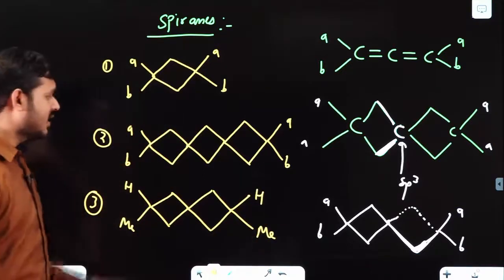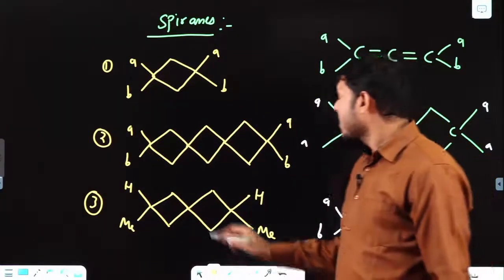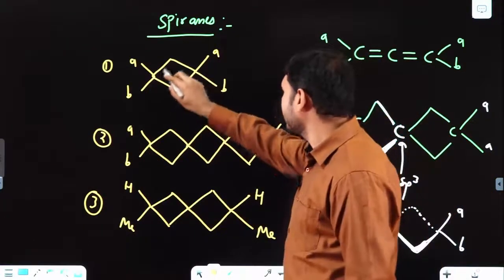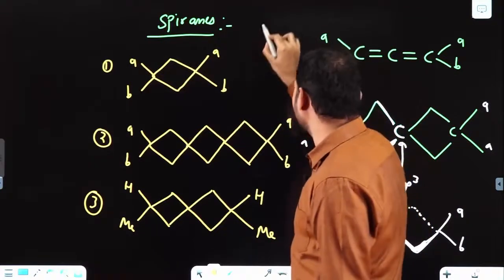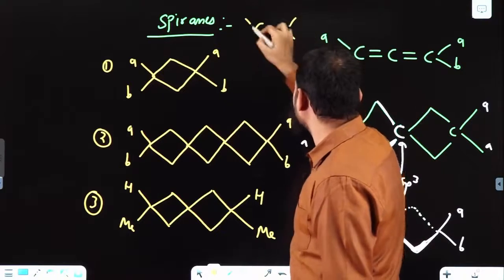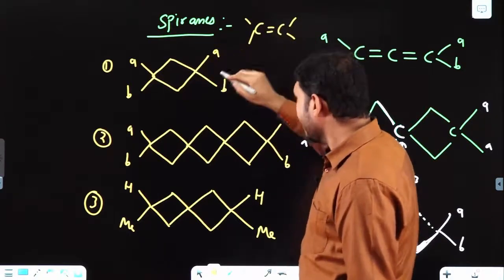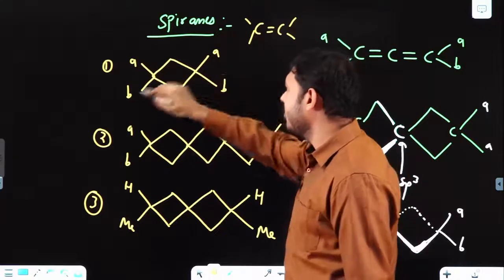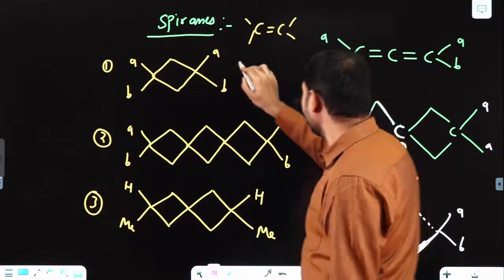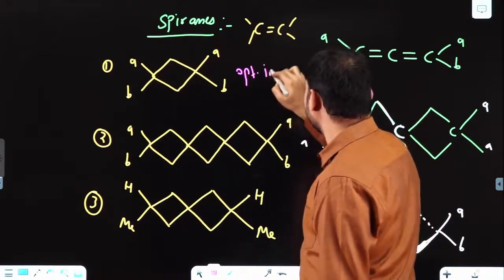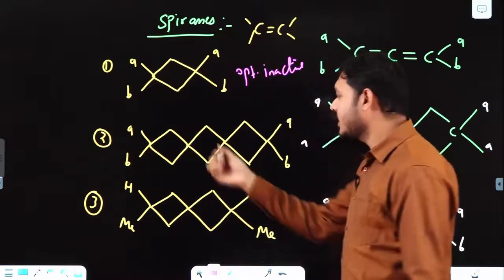Okay, so dear students, let's understand optical activity in spiranes. First of all, see this one. If you take this 4-membered ring, you can assume it as planar. Just as I said, it is very similar to this, right? So if you cut in a plane, these AB and AB will be planar. So it is optically inactive, this part.